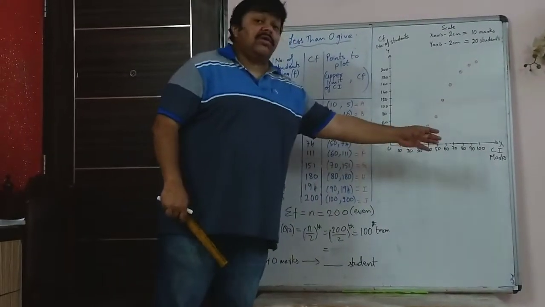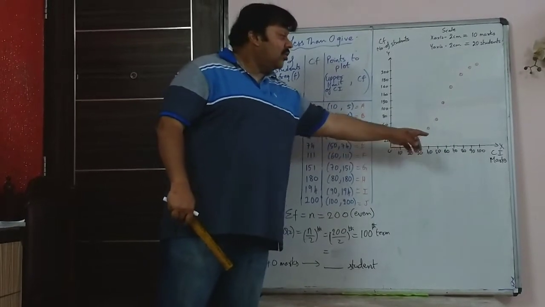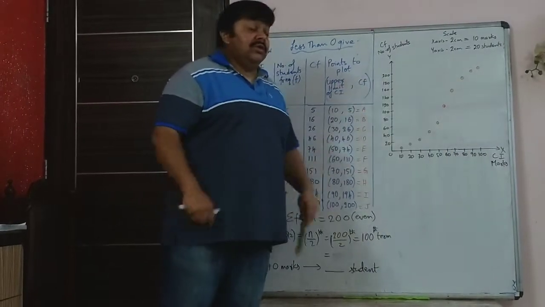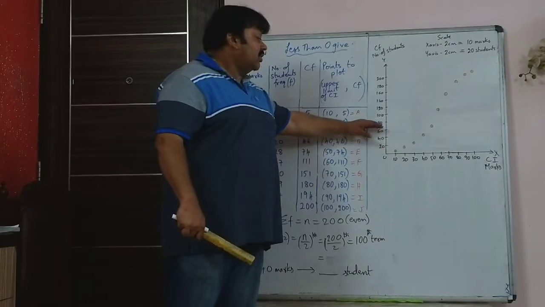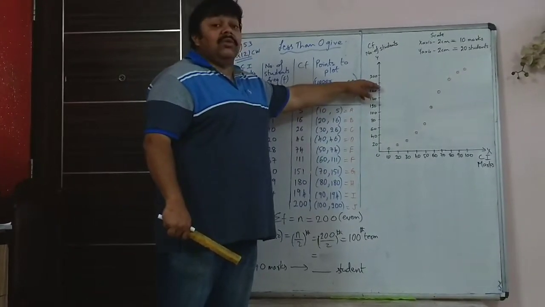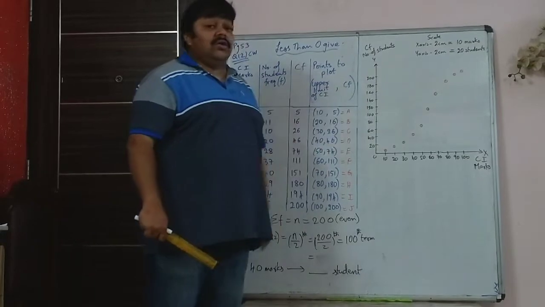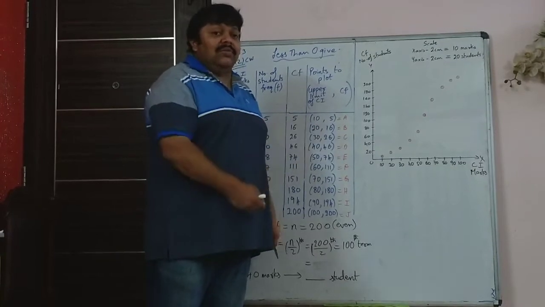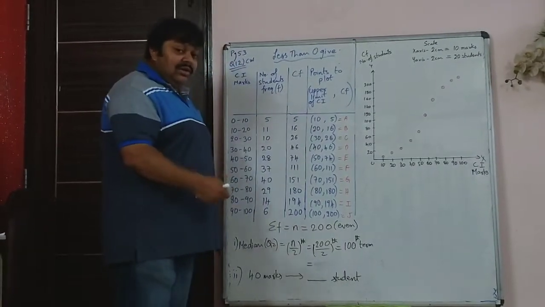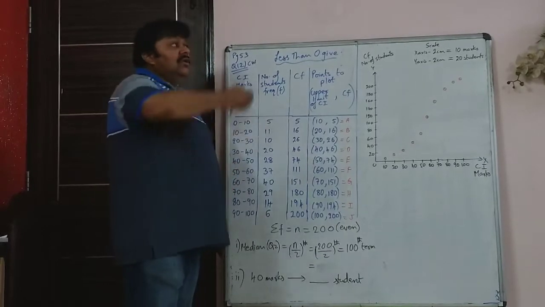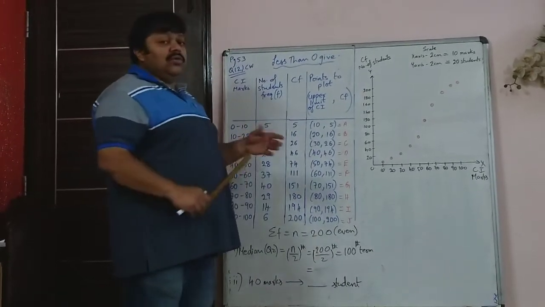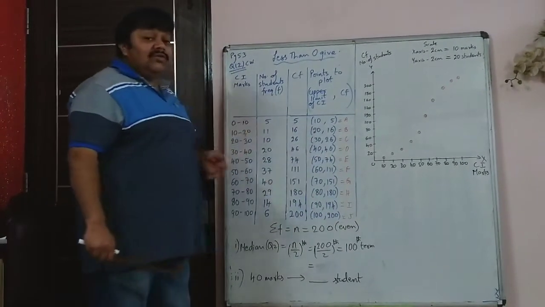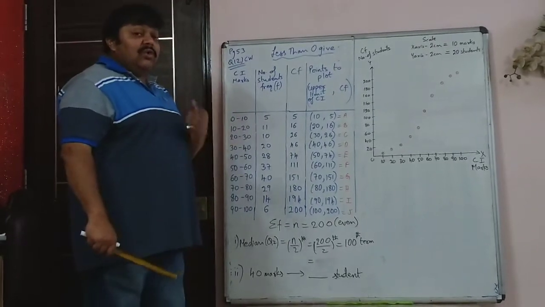Otherwise, after drawing, you will find that you can only show till 90. The last number you cannot fit. Same way here, 20, 40, 60, 80, you will only be able to show till 180. 200 will not fit. So you have to use the line immediately above the white patch at the bottom, and the line immediately beside the white patch on the y-axis. If you don't do that, the sum will not fit. This last column will not come. Then you will have to waste your time erasing and doing it. So before you draw, think.